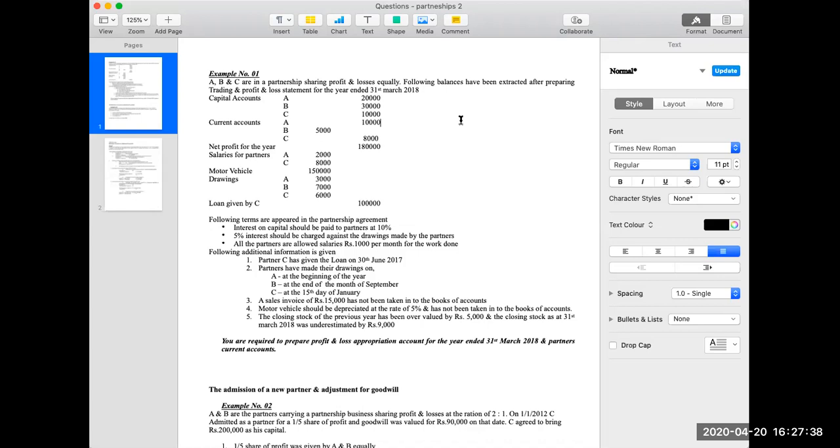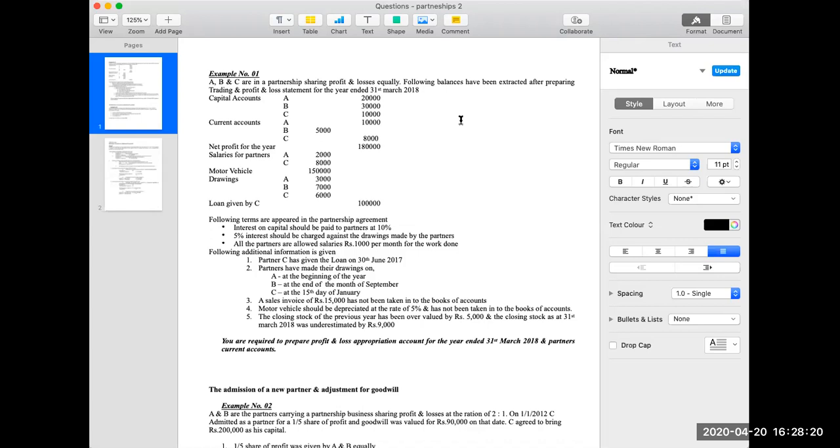A sales invoice of 15,000 has not been taken into the books of accounts. Motor vehicle should be depreciated at the rate of 5% and has not been taken into the books of accounts. Closing stock of the previous year has been overvalued by 5,000 and closing stock as at 31st March 2018 was underestimated by 9,000. Certain errors are there, certain calculations have not been performed. Other than that, there are certain terms according to the partnership agreement. What you're asked to do is to prepare the P&L appropriation account for the year ended 31st March 2018 and